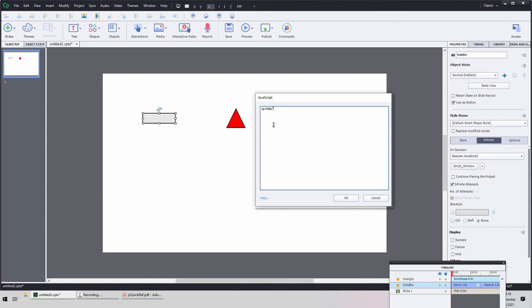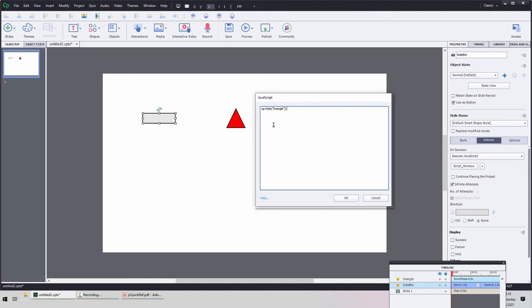So I open parenthesis, open quote, type the name of my object, which is triangle, and then close quote and close parenthesis. Now we have one final thing here, and that is a semicolon, which is a way to say this statement is done. And so we have cp.hide("triangle");